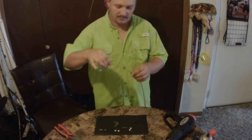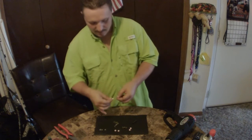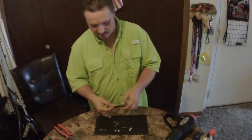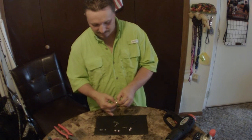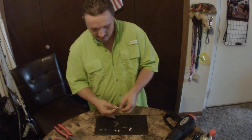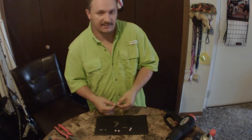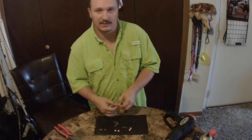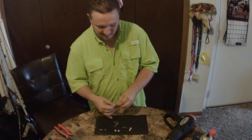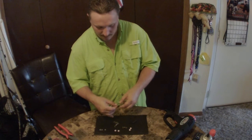Now we can take our shrink wrap, slide it back up. Leave yourself just about another inch here, because what I like to do also is after I clamp this down, I like to solder the end here. Just a little solder, and to me, that just makes it feel like it's going to last longer and it'll be stronger. So that's how I like to do that. Alright, now that we got that where we want it,